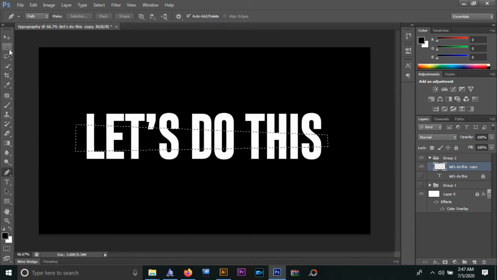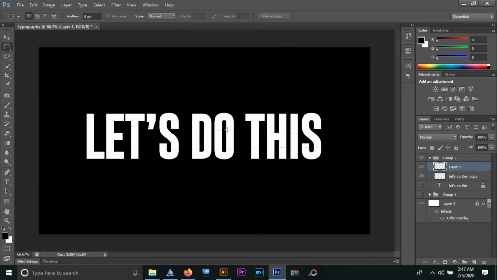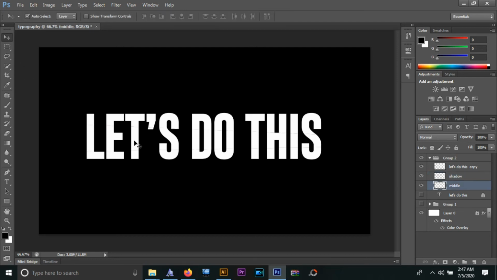While drawing with the pen tool, please make sure that your path selection is selected, and once you're done drawing a custom shape, you just close your path and then make a selection. Once the selection is made, you have to select the layer, which is the rasterized text layer, and then you're going to go to the rectangle marquee tool as usual, and then right click on it and select layer by cut.